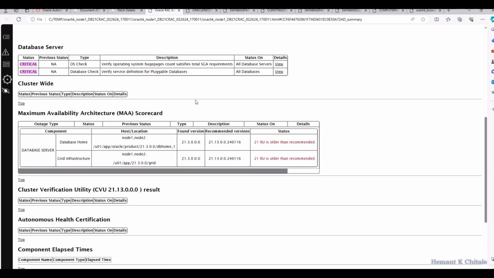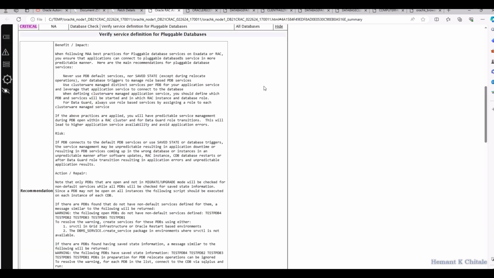And the second critical warning is about pluggable databases. So for a pluggable database, you should never use the default service. When you create a PDB, a default service with the same name as the PDB is configured. You should not use that, and you should not use save state. Okay, so save state should also not be used. You should be configuring your own